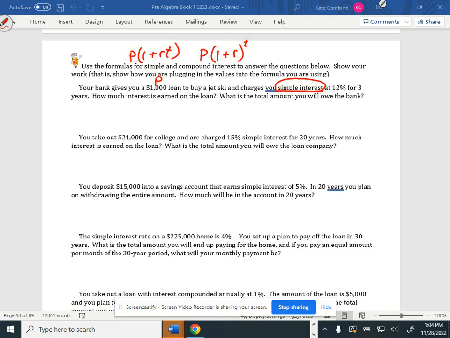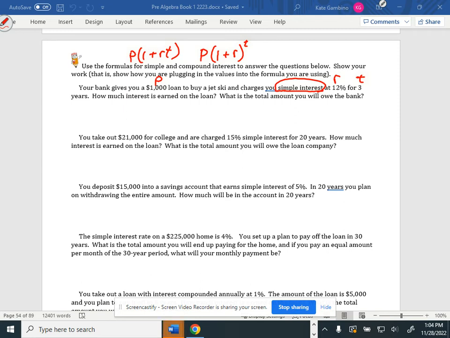All right. So 12% is our rate. So that means our time is 3 years. You'll notice when I'm writing the time, I make it look like a cursive T with a little curl on the bottom, because I don't want it to look like a plus sign. That's my way of differentiating between the plus sign and the T for time.